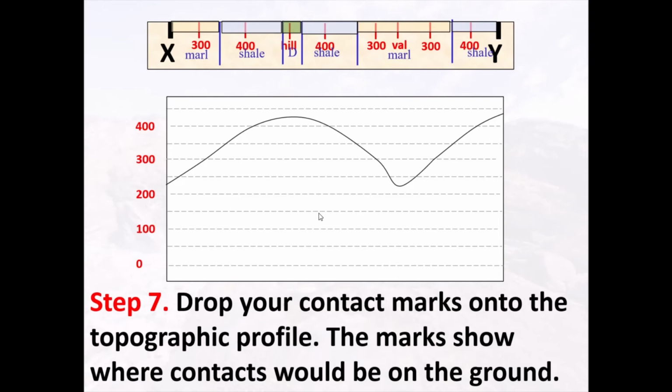If we were to walk along this hill, where would we find the contacts between our different units? Okay, so that's what we do. We drop down our points on our cross section where we have a stratigraphic contact,